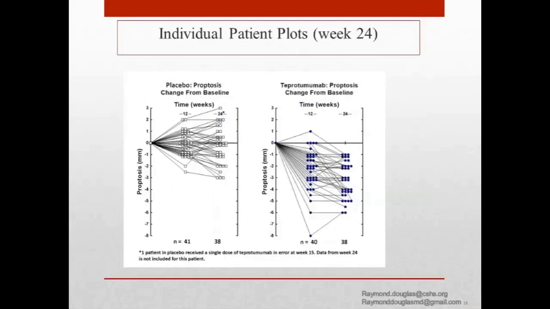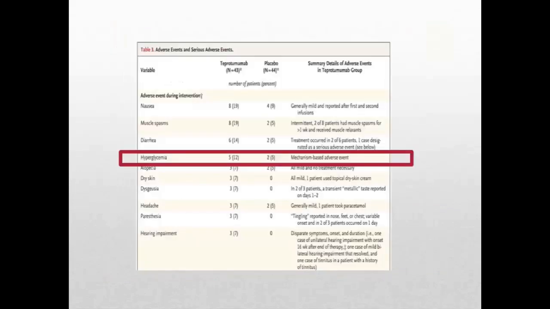This is just a demonstration of the individual patients from that phase 2 study. On the right side in the blue, just showing that they're mostly below that horizontal line at 0, meaning that almost all patients improved, at least somewhat. And this was really encouraging for us, obviously, because it could represent the first time that there's an actual drug that really targets thyroid eye disease specifically and could improve the disease. We started to look for side effects. And so hyperglycemia or blood sugar abnormalities had been shown in this disease before, it turned out to be relatively mild. As long as patients were well controlled, the blood sugar abnormalities could be well controlled with diet or modification